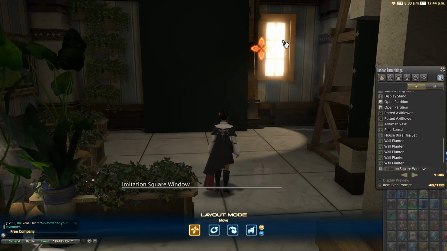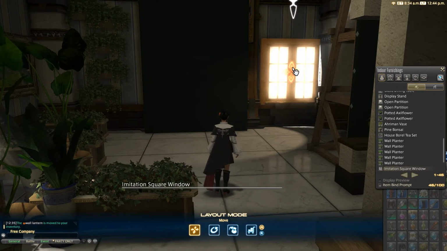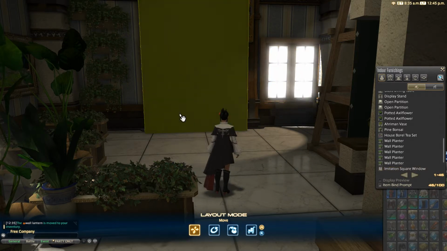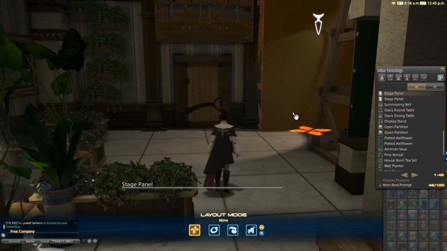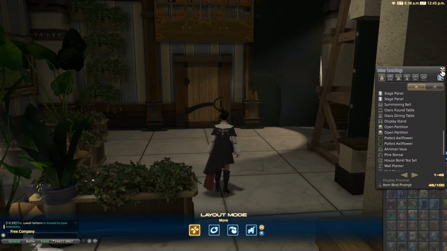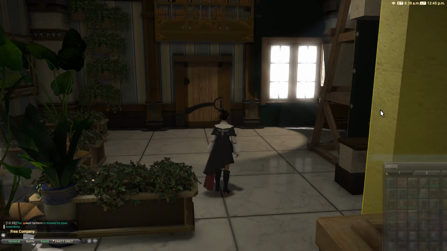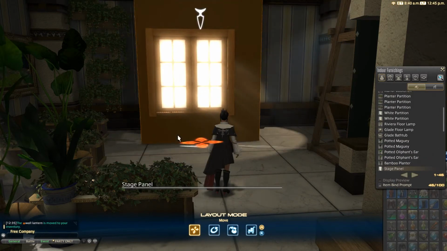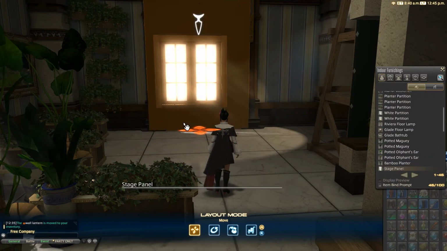This is an imitation square window. Just stick it to the wall right about at the level of the chair rail, and this is a stage panel. Just going to stick that in front of it as close as you can get it to the wall, and then turn off the housing interface for a sec, and then turn it back on, and there's your window. We're going to put it right about here,